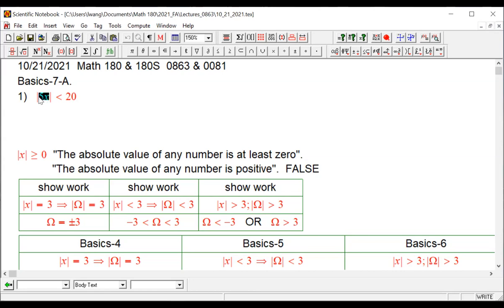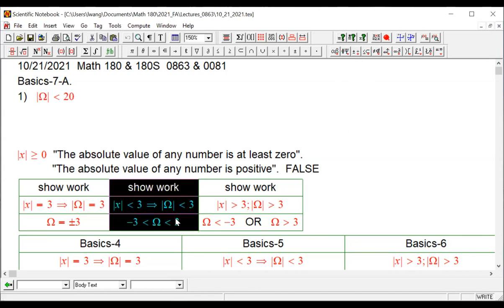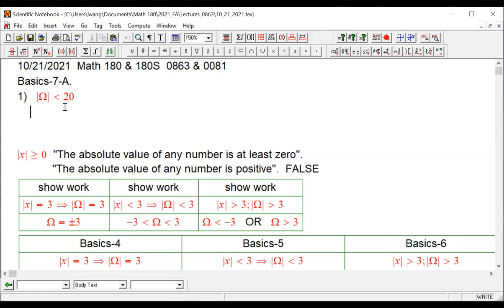This 5x can be viewed as omega. So it's in the second kind, right? The absolute value of a number is less than 3. Now it's less than 20. So the way you set up, the next step is going to be -20 less than